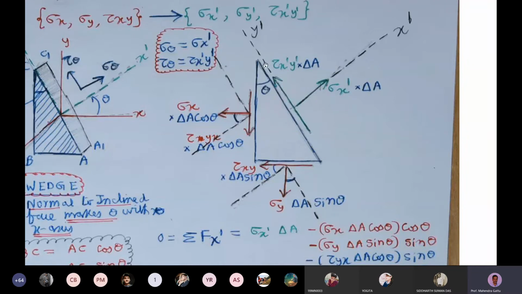To do that, this is the hypotenuse. So we draw a line parallel to the hypotenuse here. Okay, this is the line parallel to the hypotenuse, and to this line we draw a normal, and that normal is here. Similarly, for this surface, we draw a line parallel to the hypotenuse, which is shown here, and we draw a normal to that line, and that is this line here.